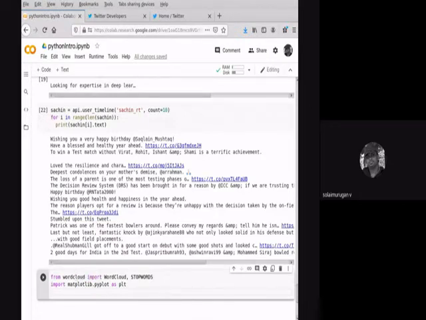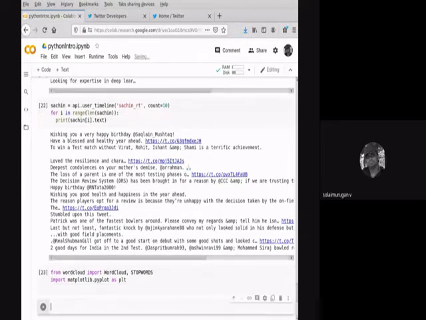I'll try to go with a very minimal amount of code so you can also easily understand it.